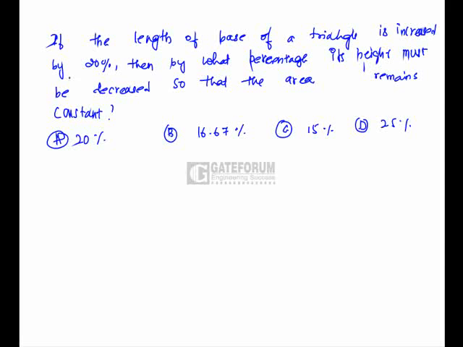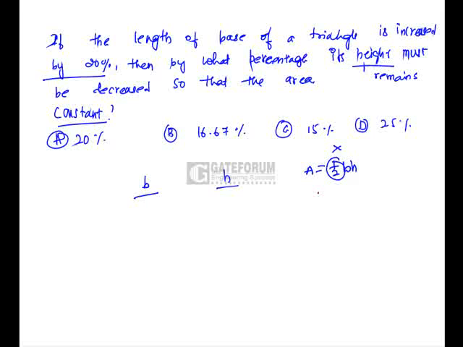The length of the base of a triangle is increased by 20%. Then by what percent must its height be decreased so that the area remains constant? Now let the base be b and the height be h, then the area will be half into bh. Now when we are calculating area in these percentages, we'll neglect this half because it is